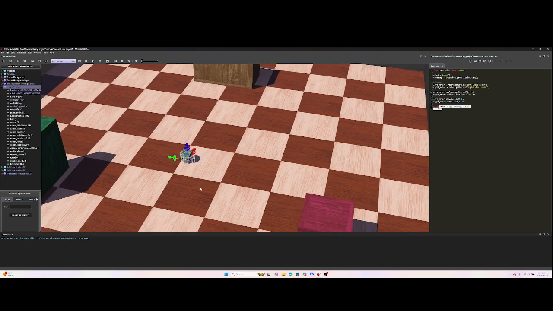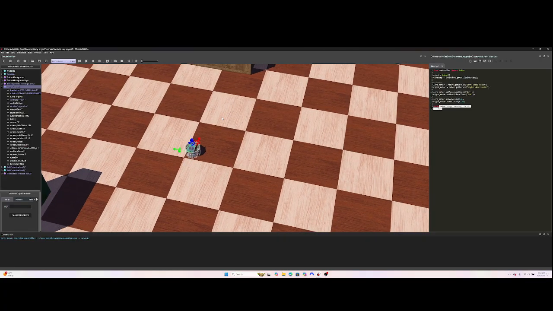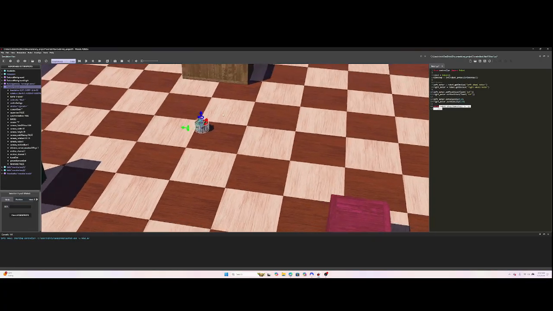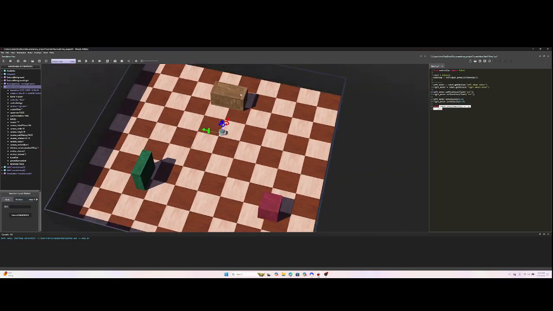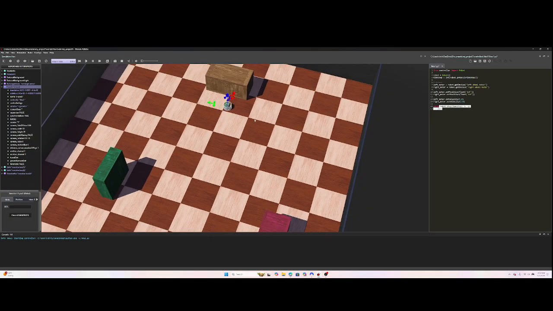So once that's done, we can hit play, and as the simulation goes, you can see the robot now goes in a straight direction. And because we have not changed anything, it's just going to go straight ahead and hit any obstacles in its course. So next, why don't we